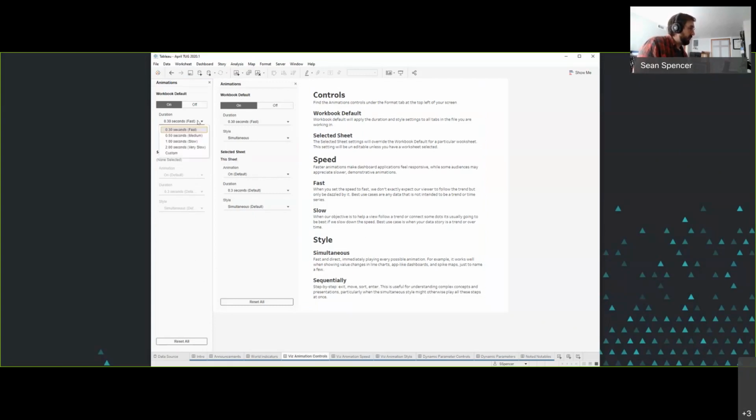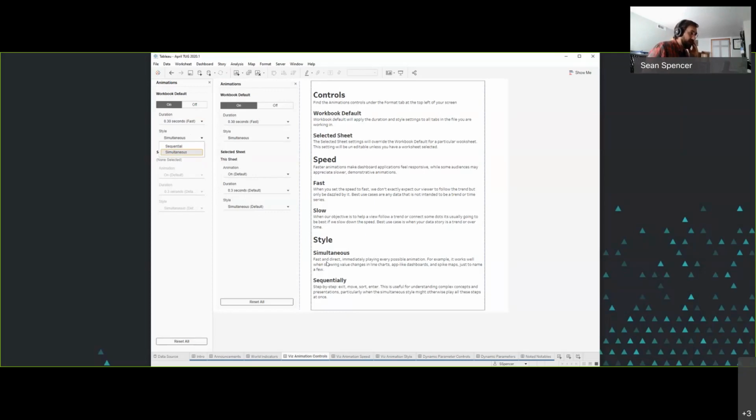As far as speed, there are 4 settings. I haven't played with custom yet. I think you may just be able to enter in how fast you would like it to move. You're also able to adjust style with simultaneous and sequential. We're going to look closer at the differences between speeds and sequential in the next slides. But simultaneous and sequential mean exactly what they are.